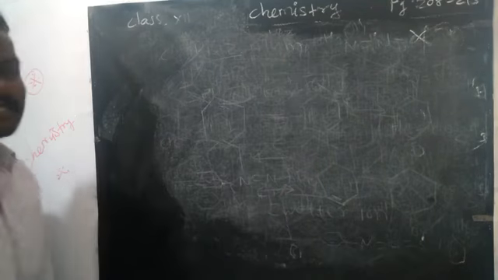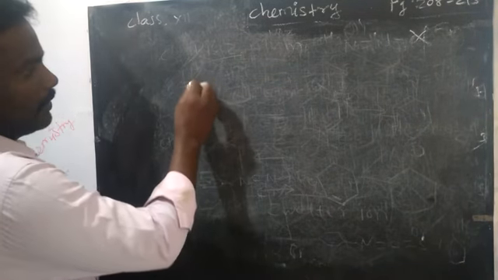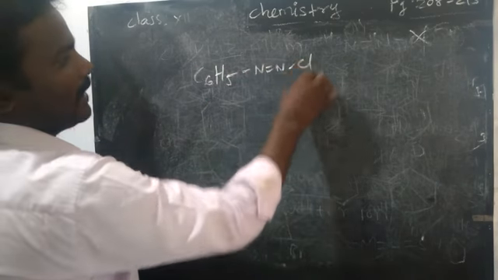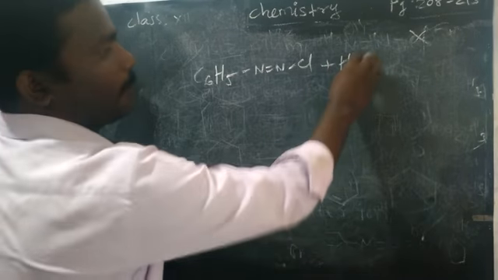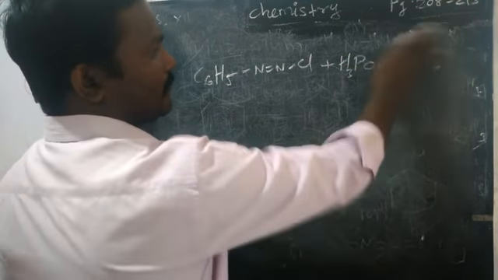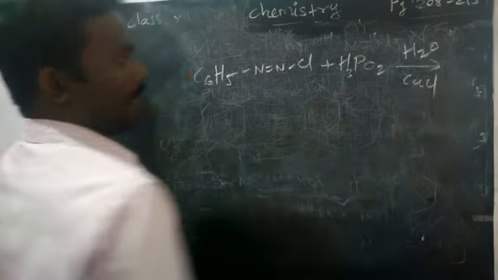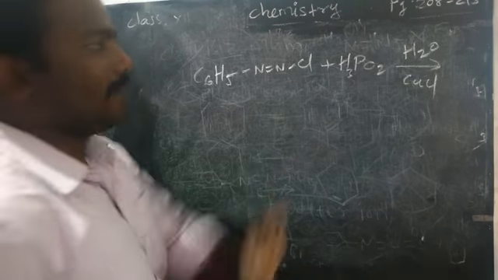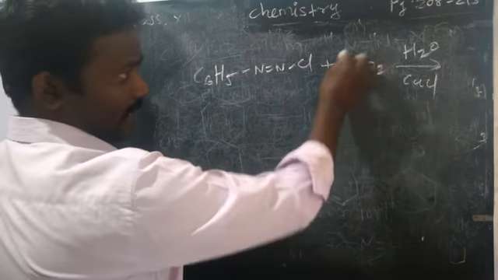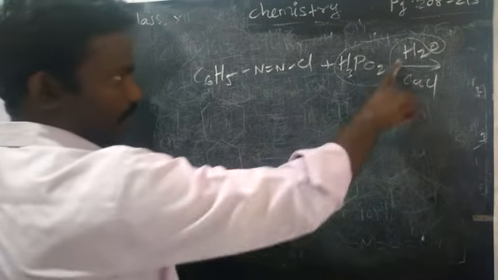So the first reaction is replacement by hydrogen. Benzene diazonium chloride, simply you can write C6H5 N double bond NCl, reacts with hypophosphorus acid H3PO2 and also water. You want to take cuprous chloride. Okay, this is just a catalyst. The remaining only will undergo the reaction. H3PO2 with this oxygen will undergo H3PO3. Now we have two hydrogens.